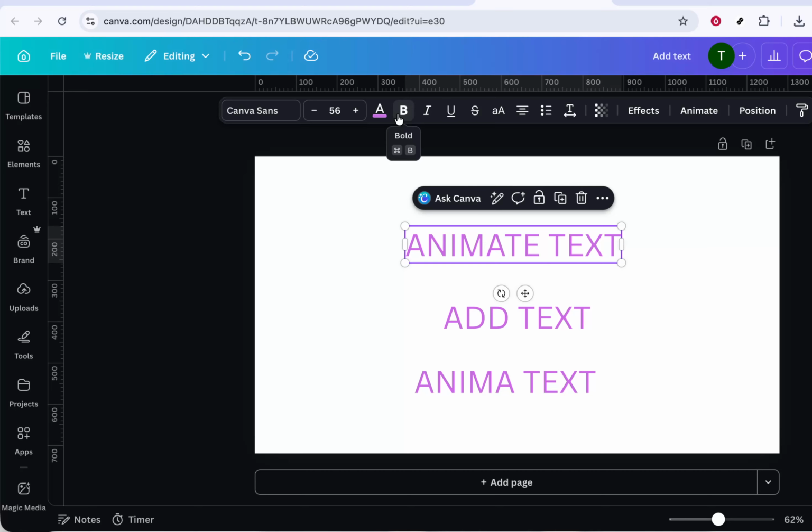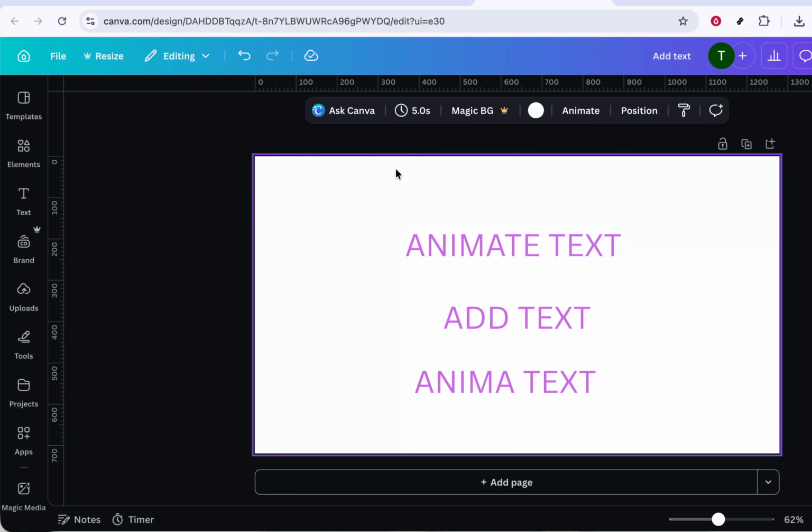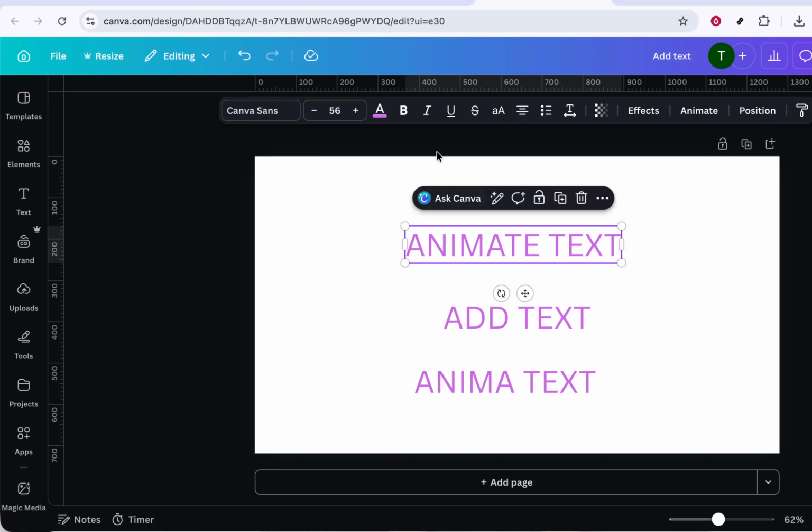To start, click directly on the text. You can click anywhere inside the text box. When you do this, you should see a blue outline or border appear around the text box, showing that it's selected. You'll also notice that a toolbar appears at the top of the screen. This is Canva's text editing toolbar, and it's where you can change things like font, size, color, alignment, and of